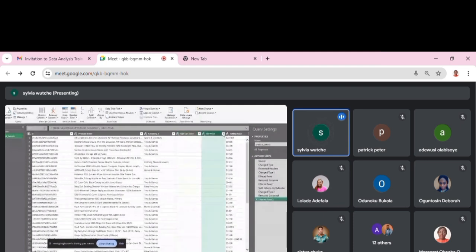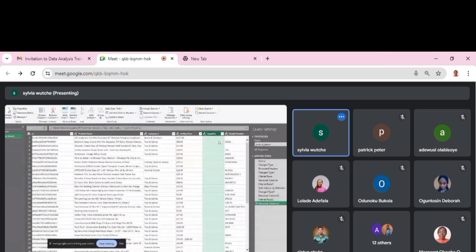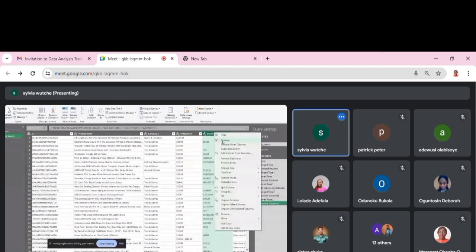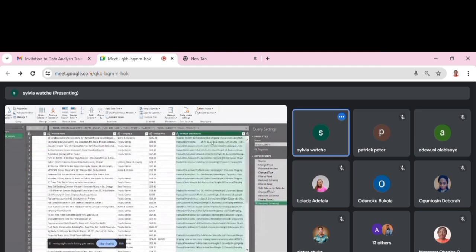So we're removing them. The quantity also, there's nothing there. The model number is not relevant. About each product, not relevant. Product specification,